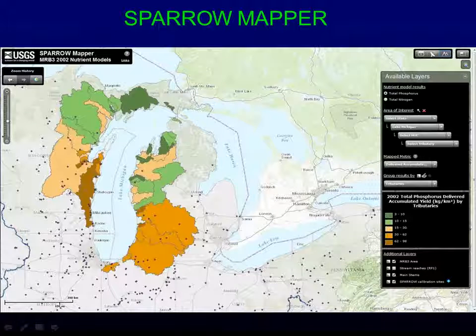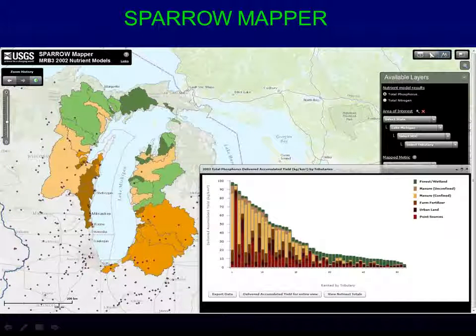We can also, down underneath here, it says group by, and so we can either show that by tributary, HUC 8, state. It's one of these kind of things that's really made for the EPA or your DNR, DEQ, where you want to go through here and look at where the loads are coming from. And so we can lump these in all different kinds of ways. In this case, right now, we're dumping them by tributary.